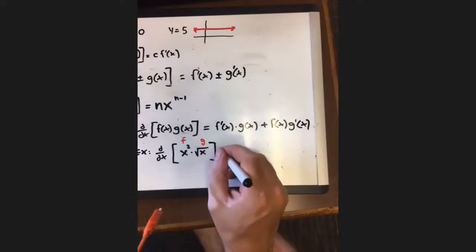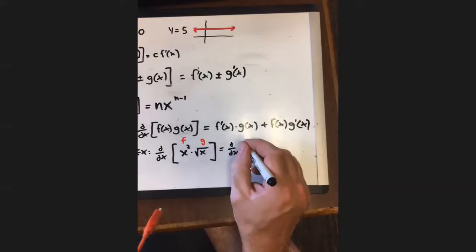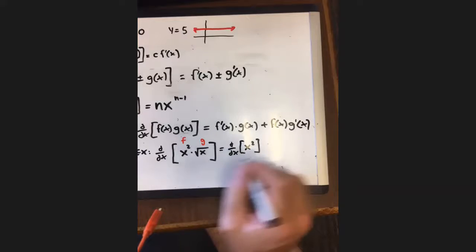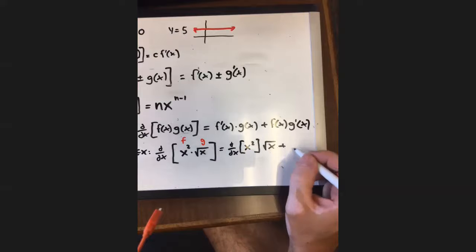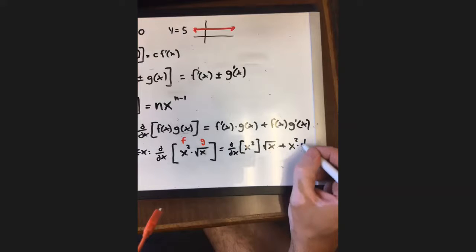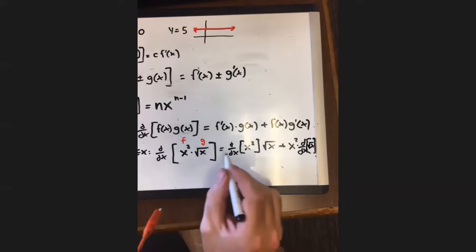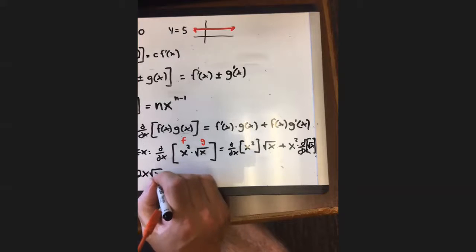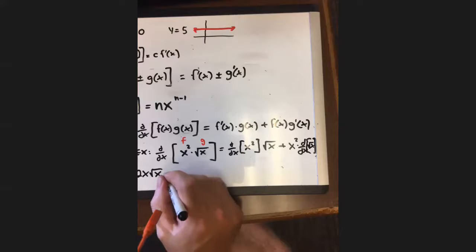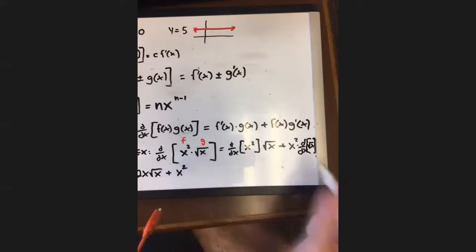And what the product rule says is the answer is going to be the derivative of f, so d dx of x squared, times g, so times the square root of x. And then add that to x squared times d dx of the square root of x. Okay, so I can do one of those. I know the derivative of x squared is just 2x. So I have 2x times the square root of x. And then the second part, I'm going to add f, which is x squared, times the derivative of the square